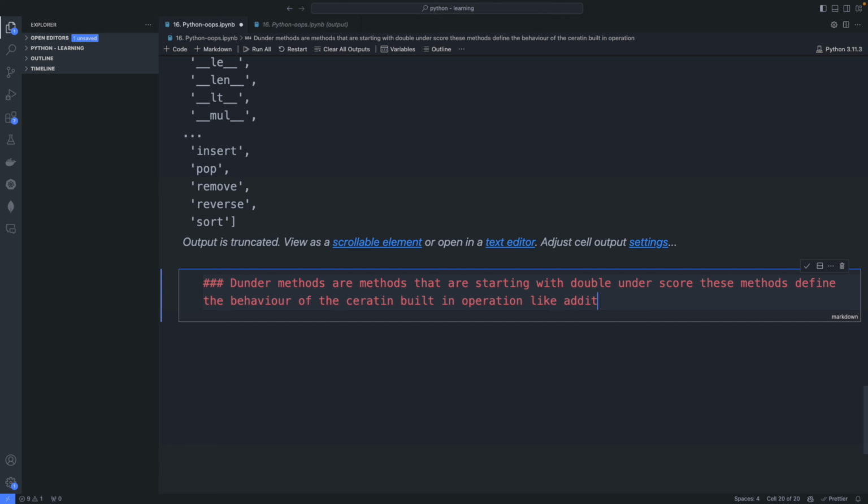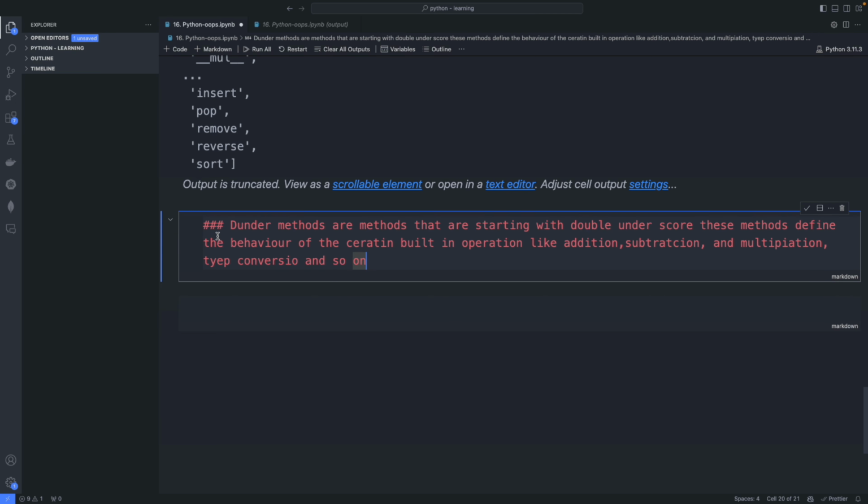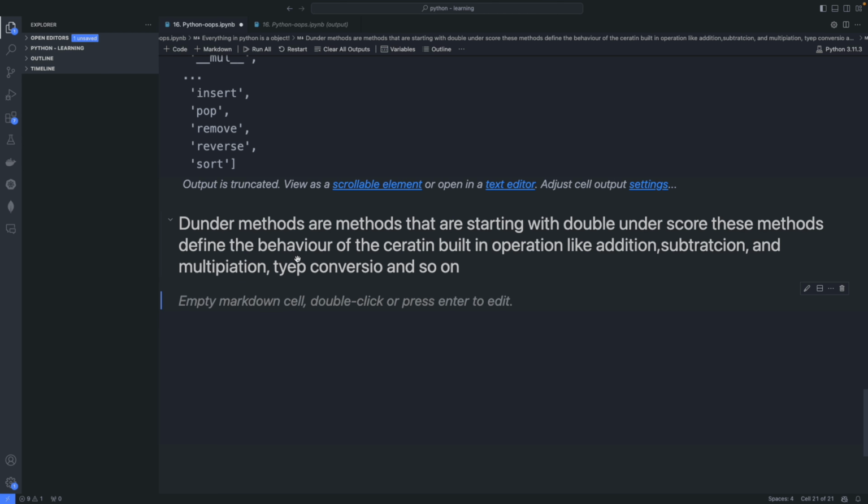Built-in operations like addition, subtraction, multiplication, type conversion, and so on. If this seems slightly intimidating, don't worry. I'm going to show you an example of how exactly this works. But the takeaway here is that